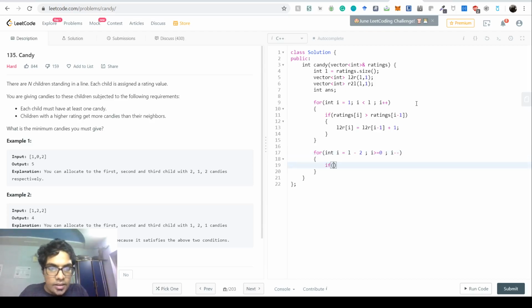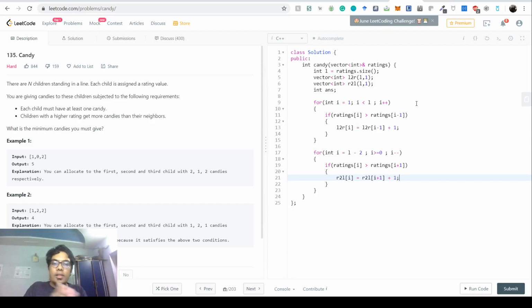Similarly what we check is very simple: whether the ratings of i is greater than the rating on the right, which is i plus 1. We just say r to l of i is equal to r to l of i plus 1, plus 1. If the rating is more, we greedily add one more than what we had seen previously.